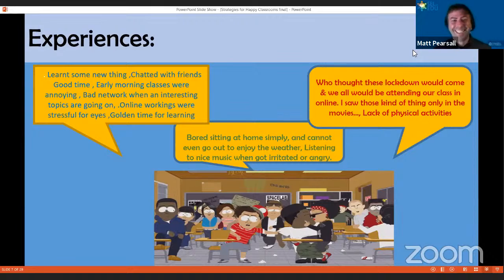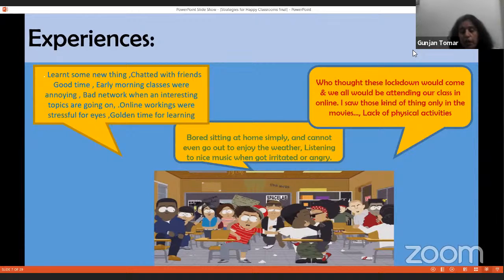Great. So, when I asked them to share their responses, what were their experiences in COVID lockdown, these were some of the responses that they shared. They said they learned new things. Some of them said they were bored sitting at home and they simply couldn't go out to enjoy the weather. Some of them said the lockdown feeling was very, very boring, and all the time we were there in gadgets, and learning through screens was difficult. So these were some of the experiences that we experienced